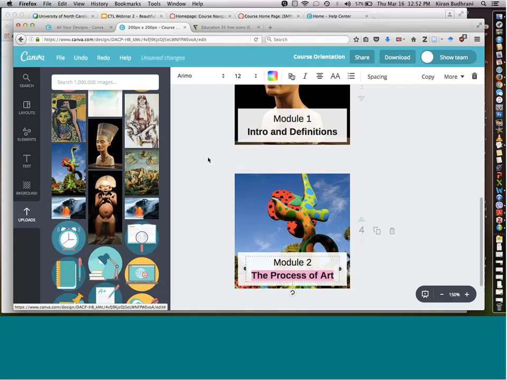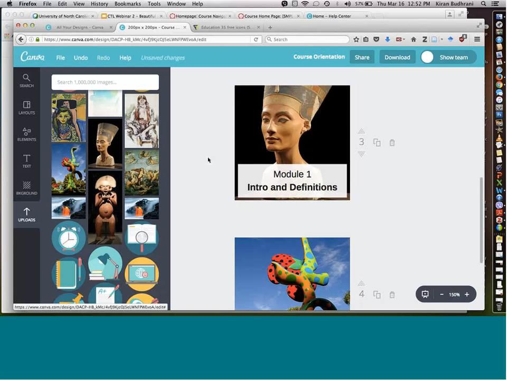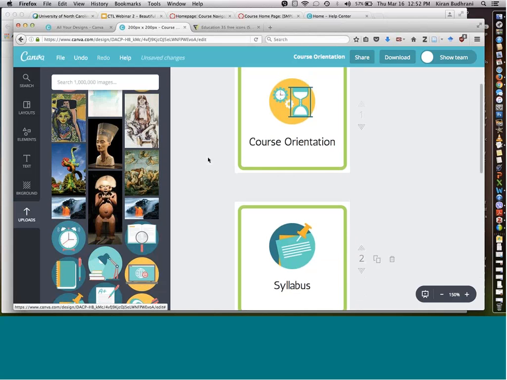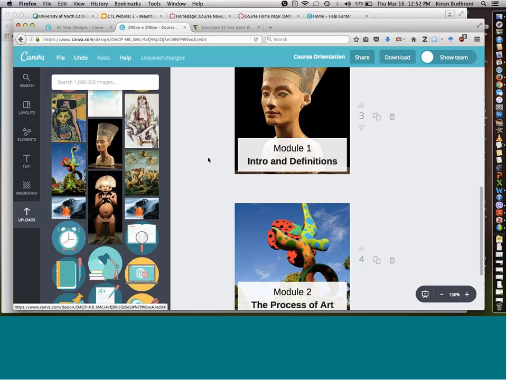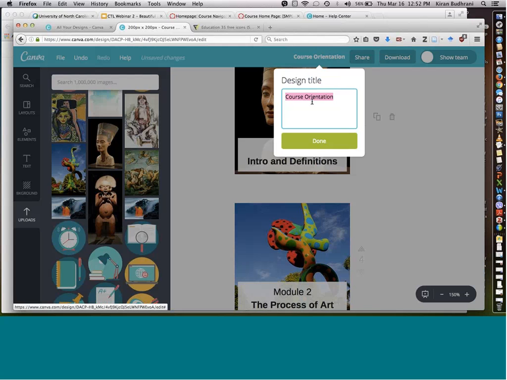So now we have iconic buttons ready and we have photo buttons ready. I'm going to move now to downloading them or exporting them and bringing them into Canvas. We have about a few minutes left. So the key is to give a file name. Okay, this is your design title. So I just title it buttons for homepage. Done. It's just something that you can click and edit very easily, and then you click on